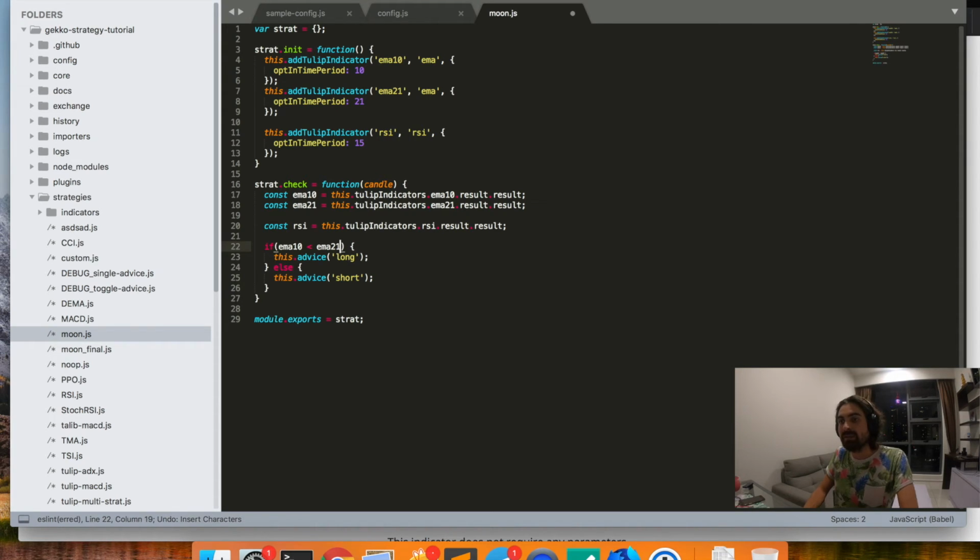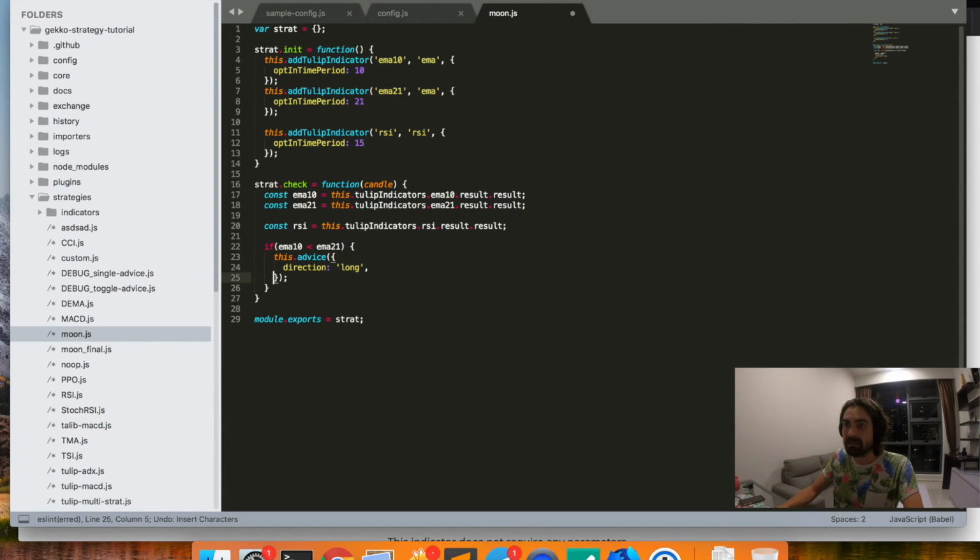So the last thing I want to show is I want to actually introduce a new concept, which is called trailing stops, which are new in Gecko, or people have been doing them for a long time, but they have now recently become native to Gecko, meaning that you can say whenever you go long that you want to add a stop. And in order to do that, instead of passing just a string long, you need to pass an object